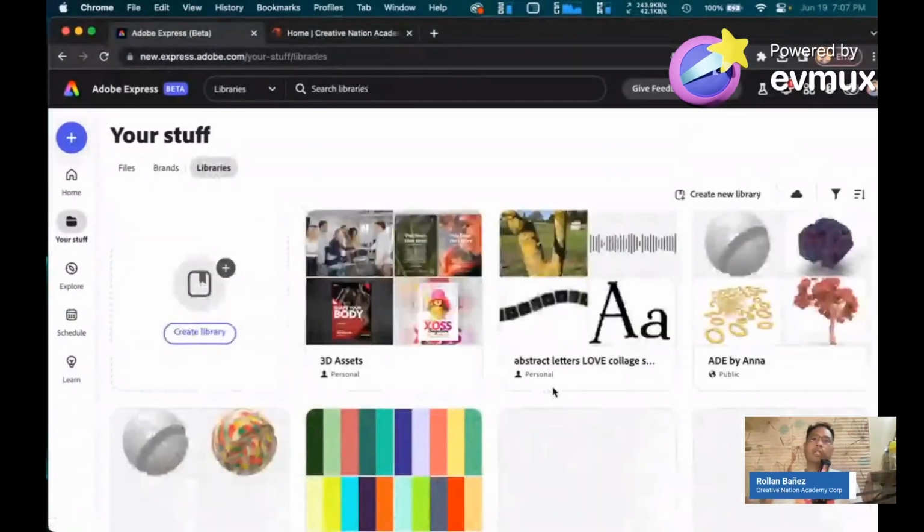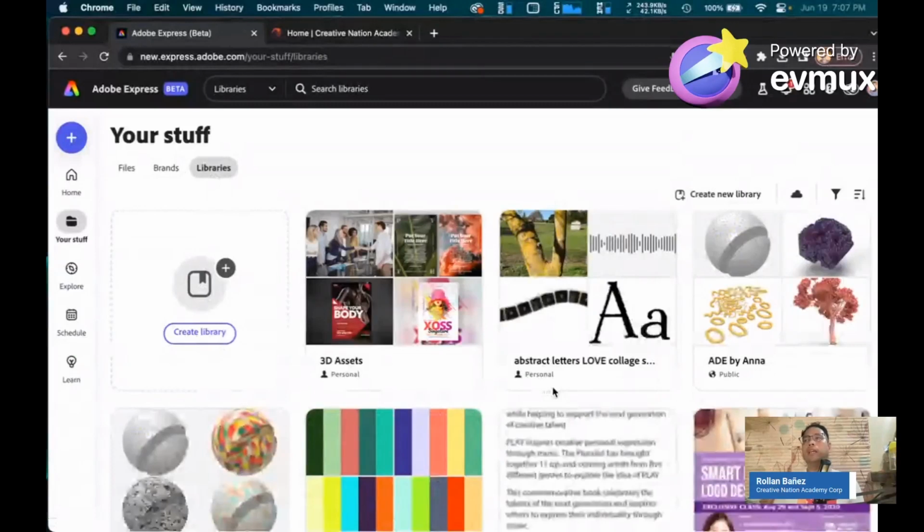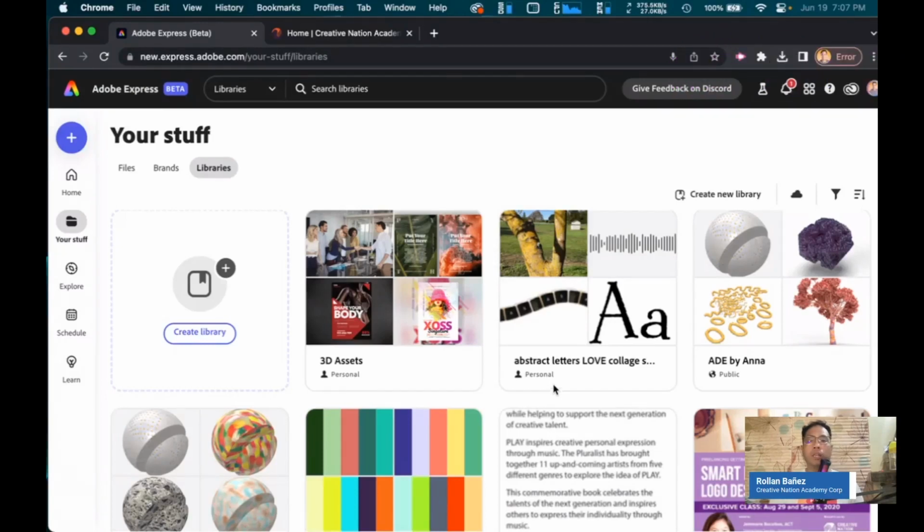One question is, can I import my old Adobe Express files into the new one? As of the moment, no. There is no way that you can do that using the new version from the old version. You cannot import this. So all of the things that you have done from the old version cannot be incorporated